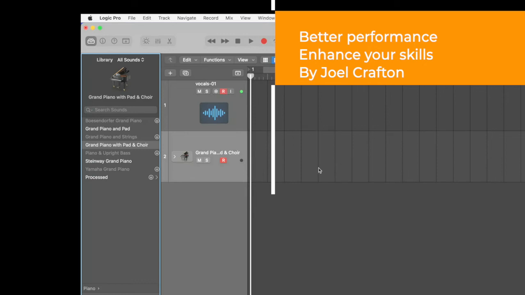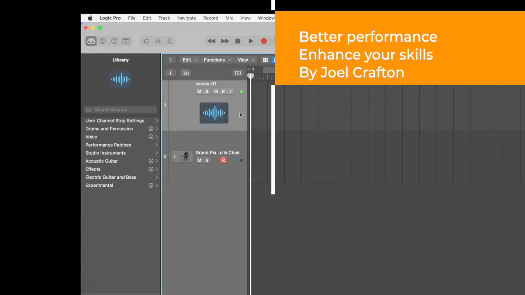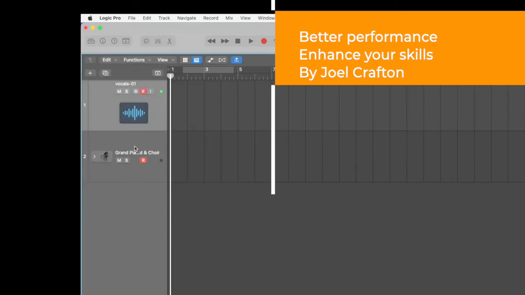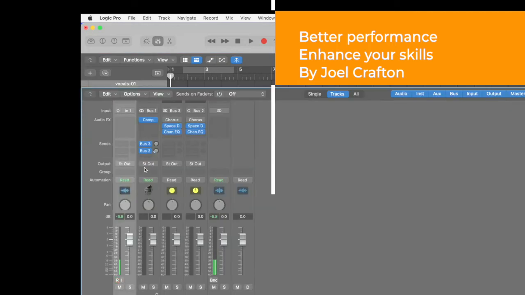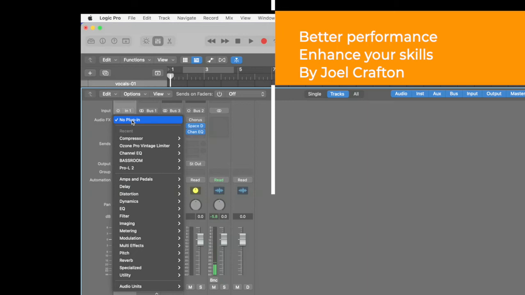Now, going back to the vocals, you might want to hit X on the keyboard, and that will bring you right here to where your mixer is. Now you see these settings right here? You can click on these settings,